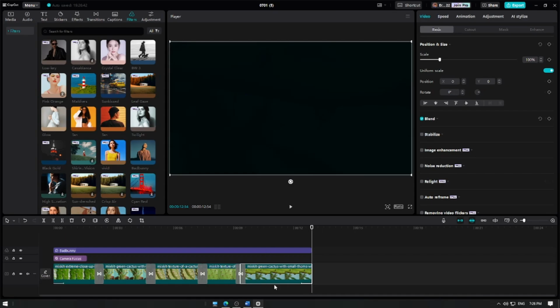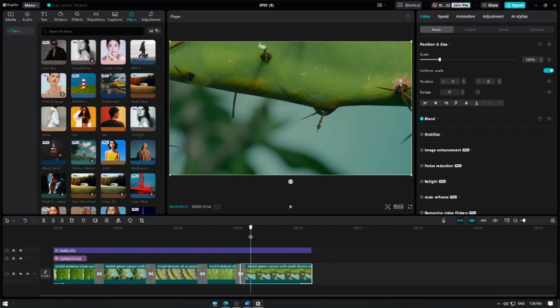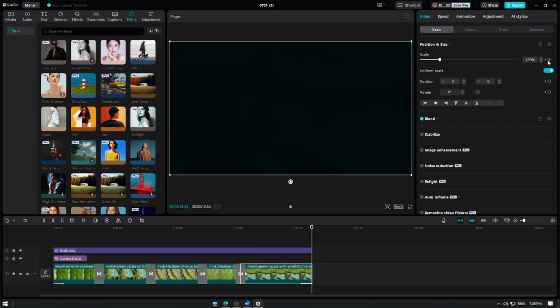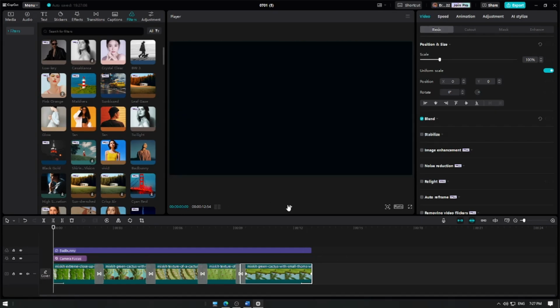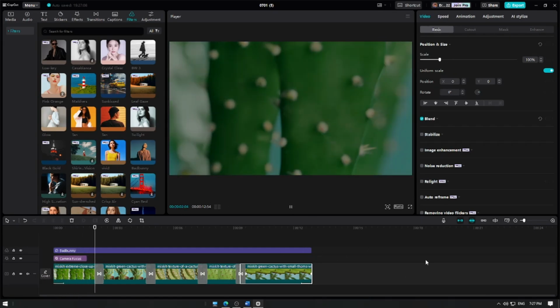As you have seen, the last clip is a still video. It doesn't have a camera movement. To fix that, let's create a zoom in effect. Click on the last video layer, move the playhead to the start of the clip, go to the toolbar, and click on Add Keyframe button. After that, move the playhead at the end of the clip and go back to the toolbar and add another keyframe. Next, adjust the scale of the last video clip by dragging the scale slider to your liking. This will create a camera movement to our video. Once you're done, play back your video to see the result.